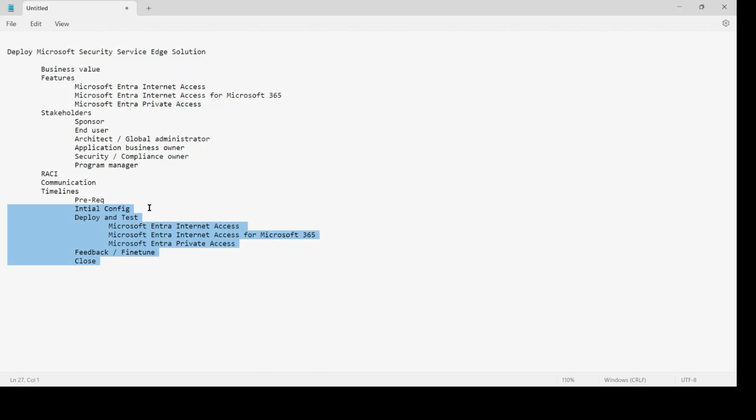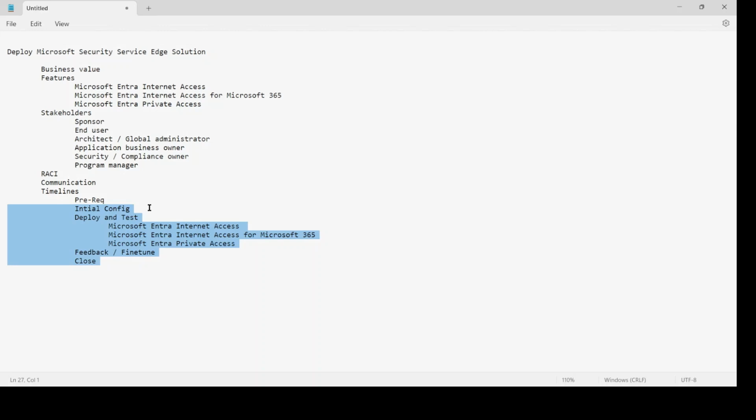So the web categories, and there could be certain changes you have to do in terms of whitelisting certain URLs, FQDNs, etc., that you can accommodate,